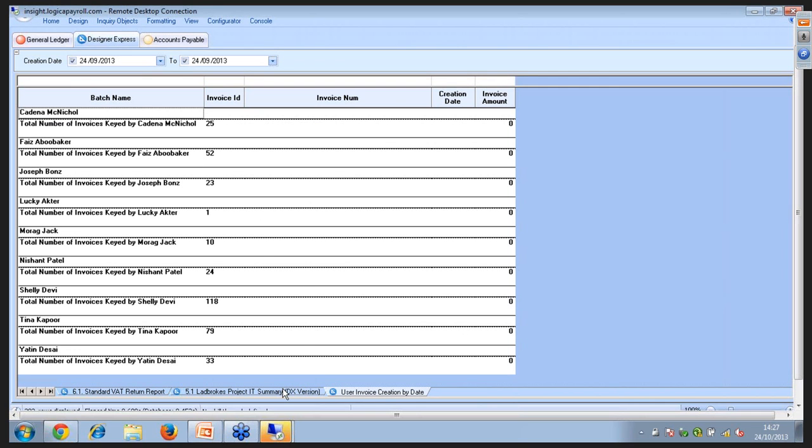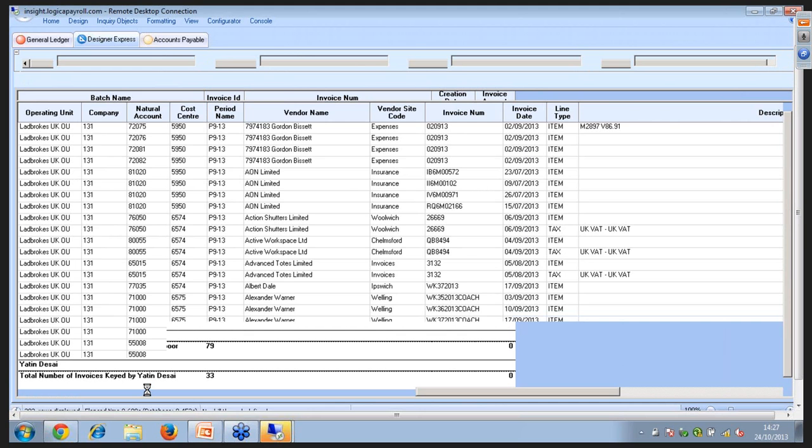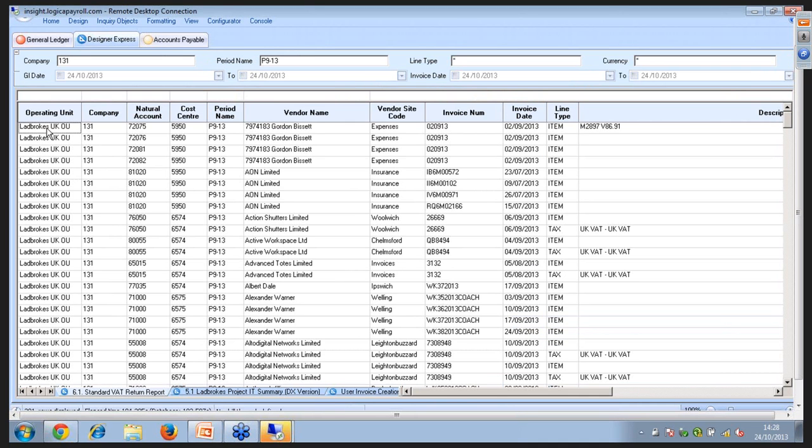So some other DX reports we've created. We'll start with a VAT return. Another thing we were struggling with: Oracle BI Publisher has some VAT reporting in it, but again we found it didn't really give us the level of detail that we required as a business. We do have quite complex tax rules, and found that we needed to go a step further than a simple BI Publisher. So again, we used DX, pulled out and joined the tables together that we required, and we were able to build a report that gave us the very low level of granularity that we need to produce a tax